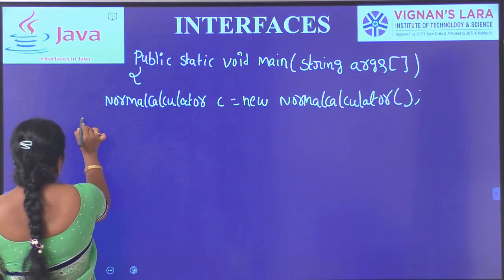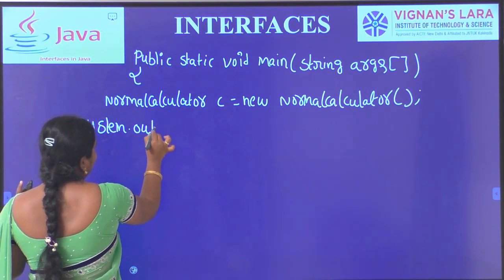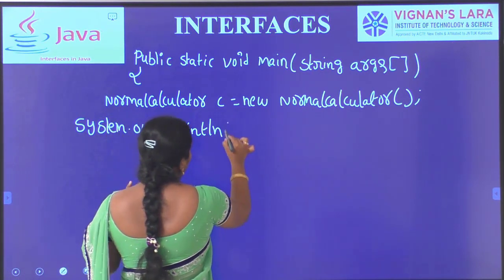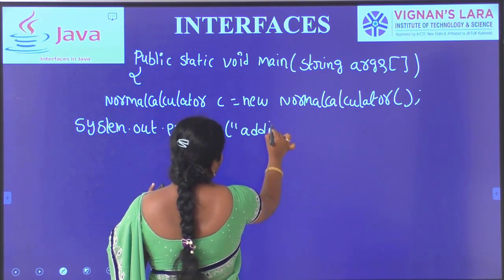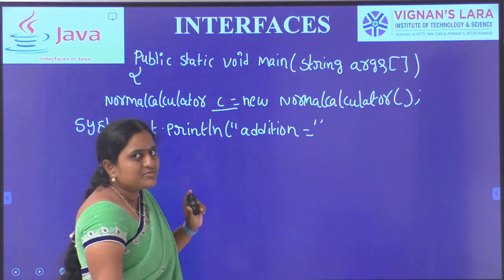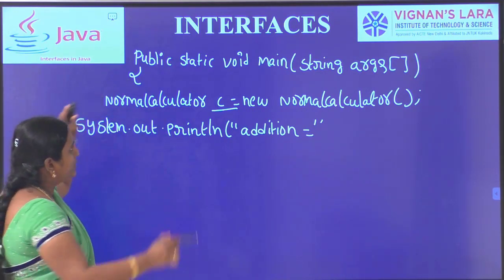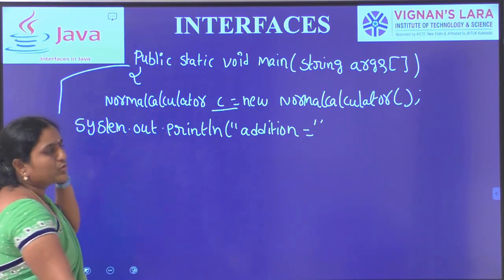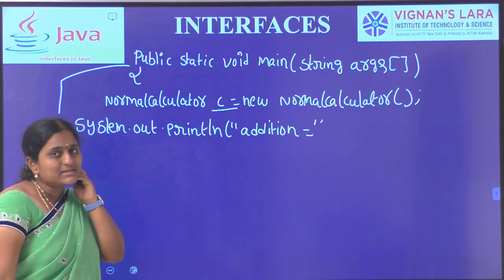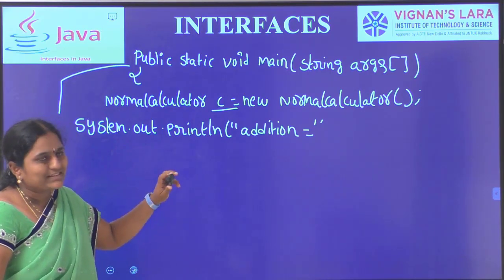Next one, here I want to print results on the console. That's why here I am writing the System.out.println statement. Addition equal to, what is the object name? With the help of these objects we have to call instance methods, because in Java only the main method can be loaded into the program before main it contains bytecode. In order to load all the members into our memory, we need to create an object. With the help of the object name we have to access the methods.